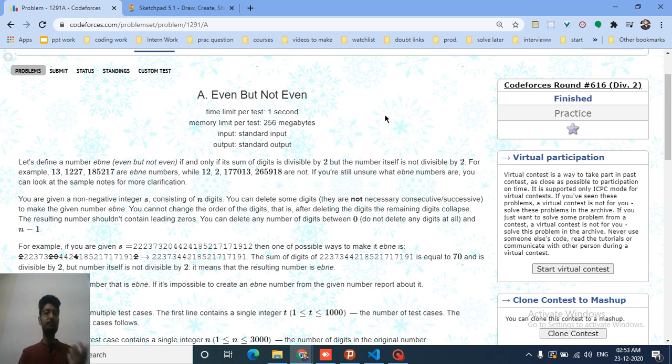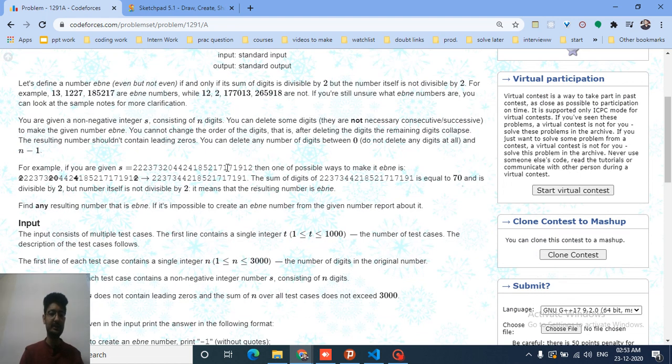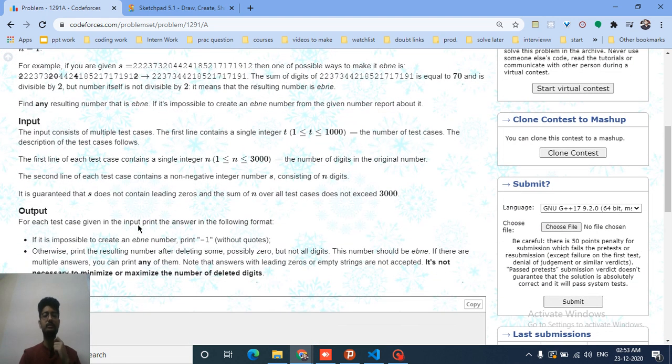It means that the number should not be divisible by 2, but the sum of the digits is divisible by 2. So it's even but not even. Now you have to find out whether you can find some ebony number by deleting some digits from the whole string which is given to you. If you can form it, then print that number. If you cannot form it, then print -1. And that's the whole question.